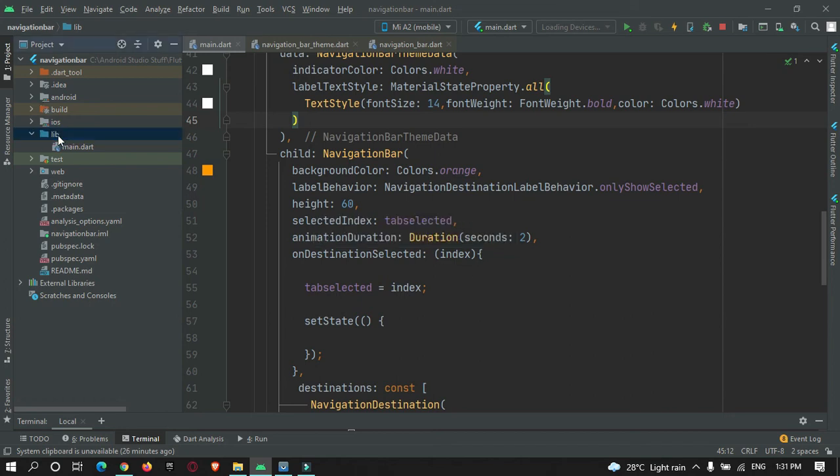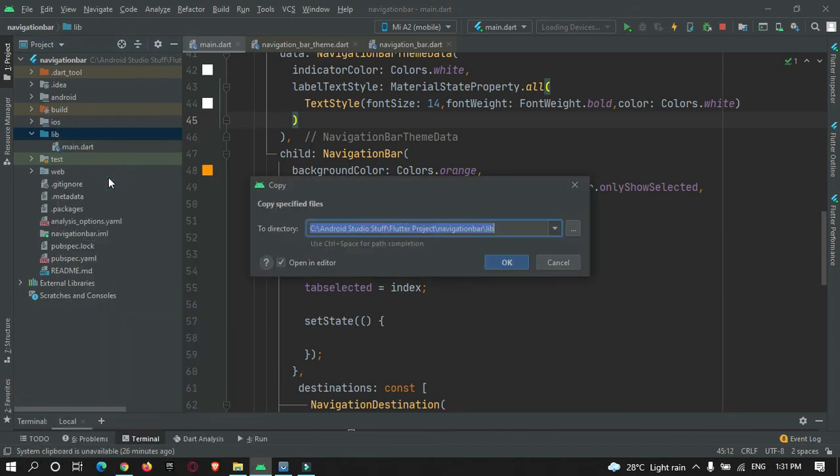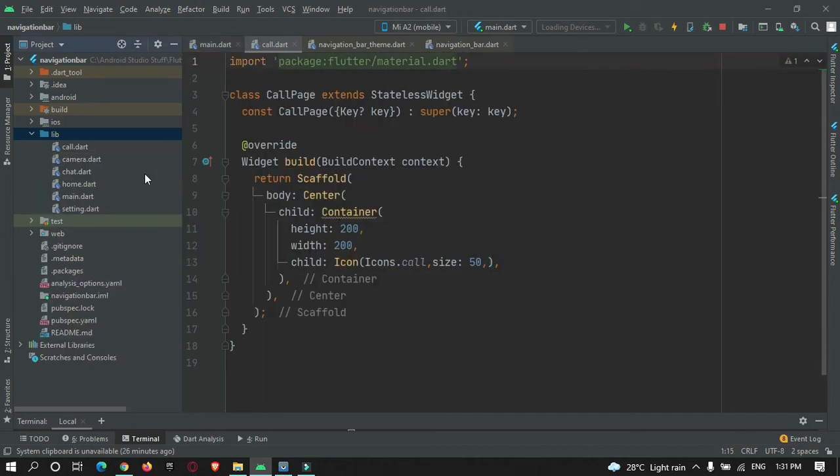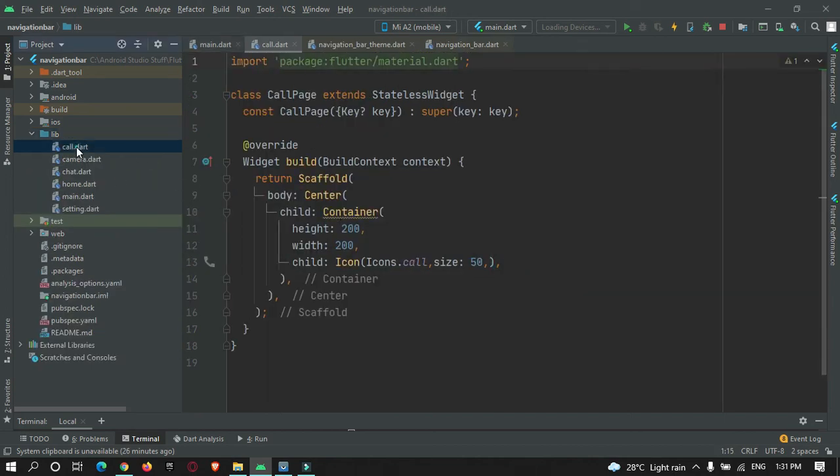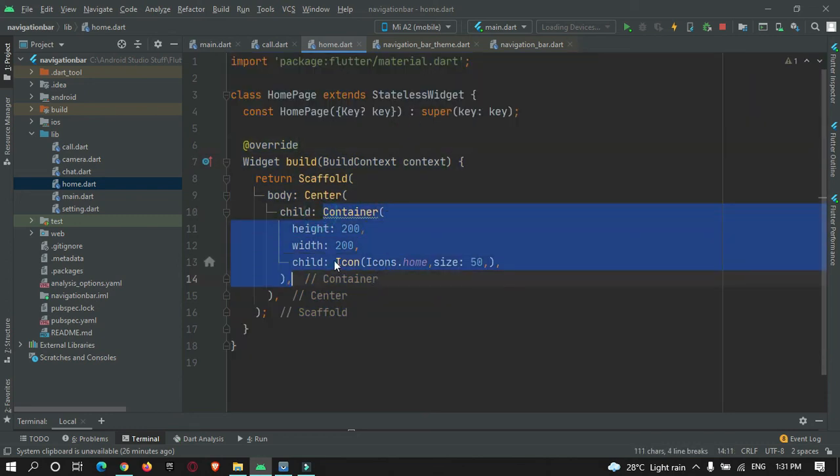I have already coded for that. I want to save time in this video tutorial, so I am just copy pasting. Here I have just created 5 pages: call, camera, chat, home. In this code we simply have a container which has an icon of home.